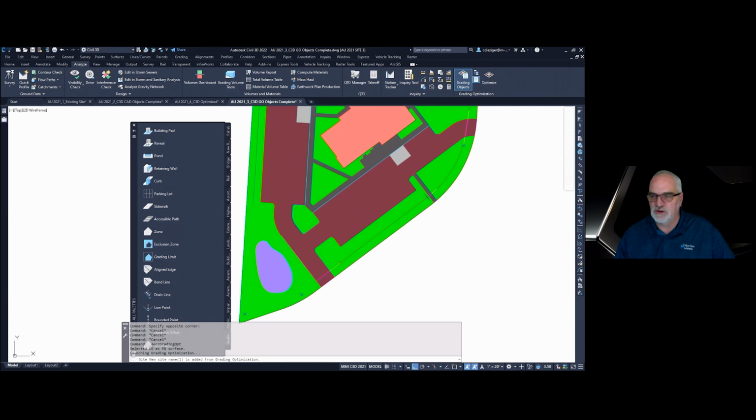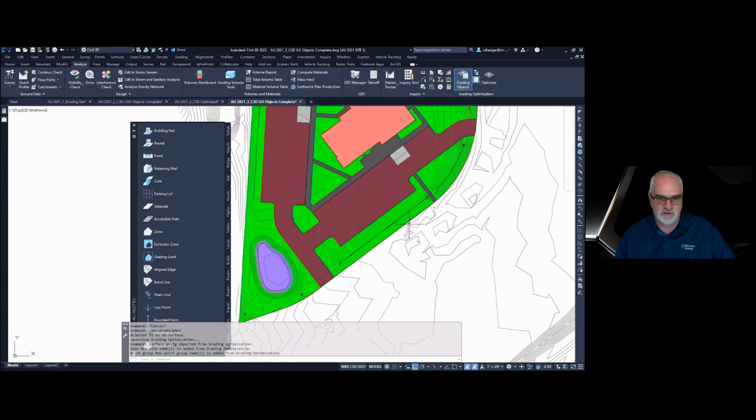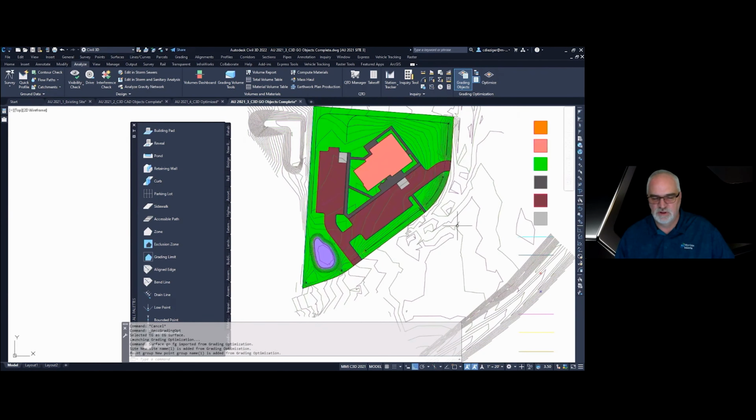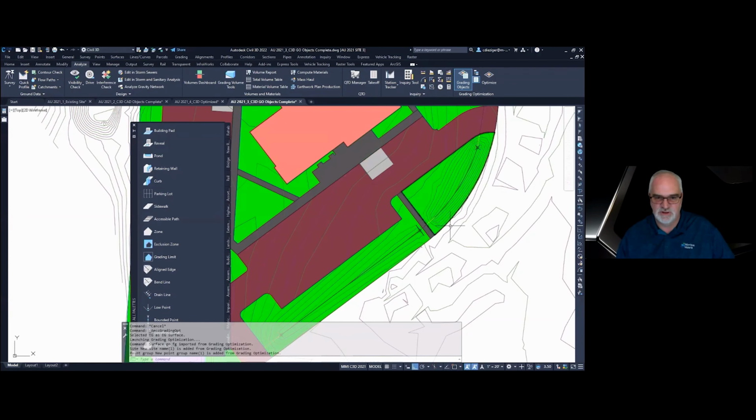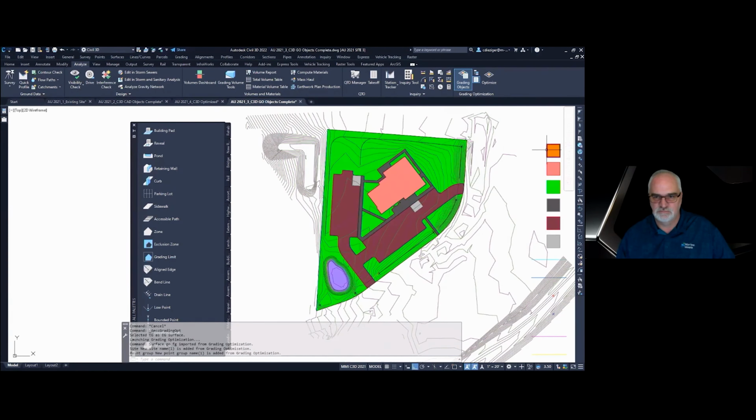And that will bring in a surface. You'll see that it looks like it brought in the old one with changes here. Well, essentially that's what it did, but it's matching at that grading limit.